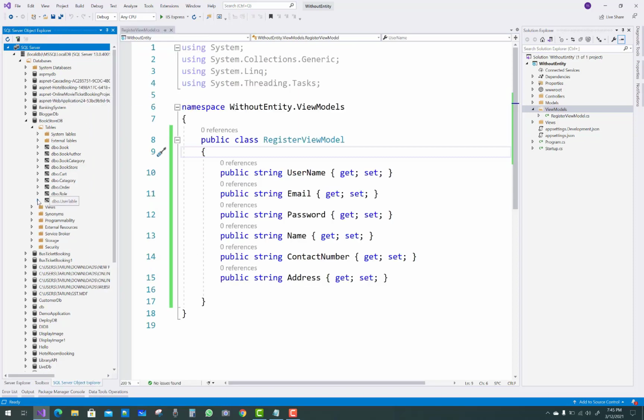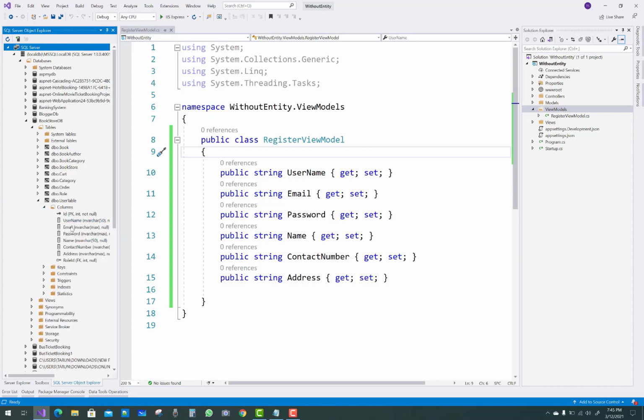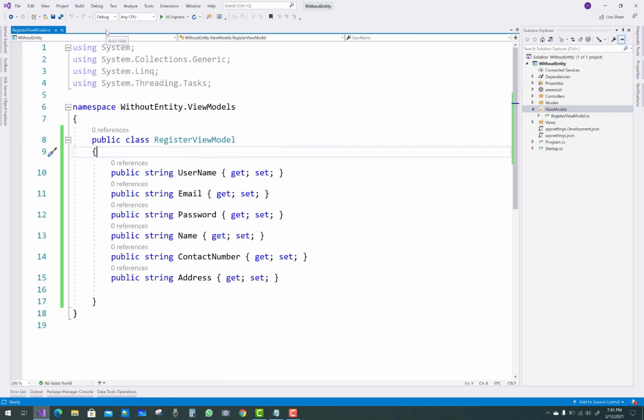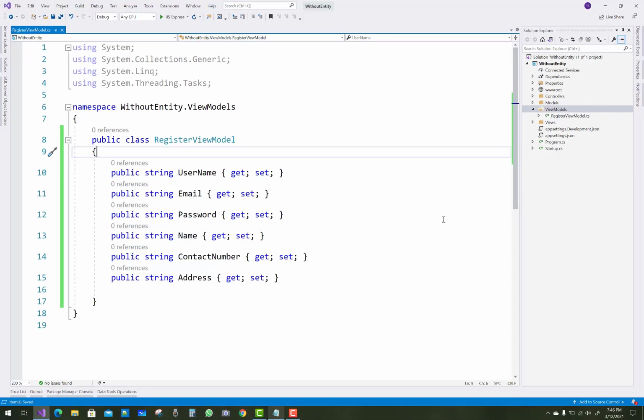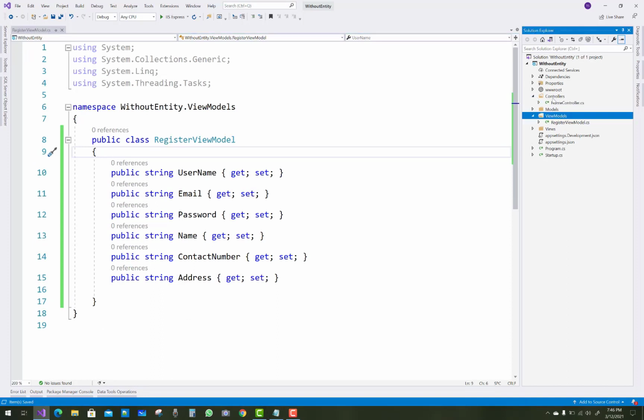You can check in the user table that the column names are ID, username, email, password, name, contact, address, and role ID. Role ID is not mentioned here in the view model, but in later development I will take some integer values.